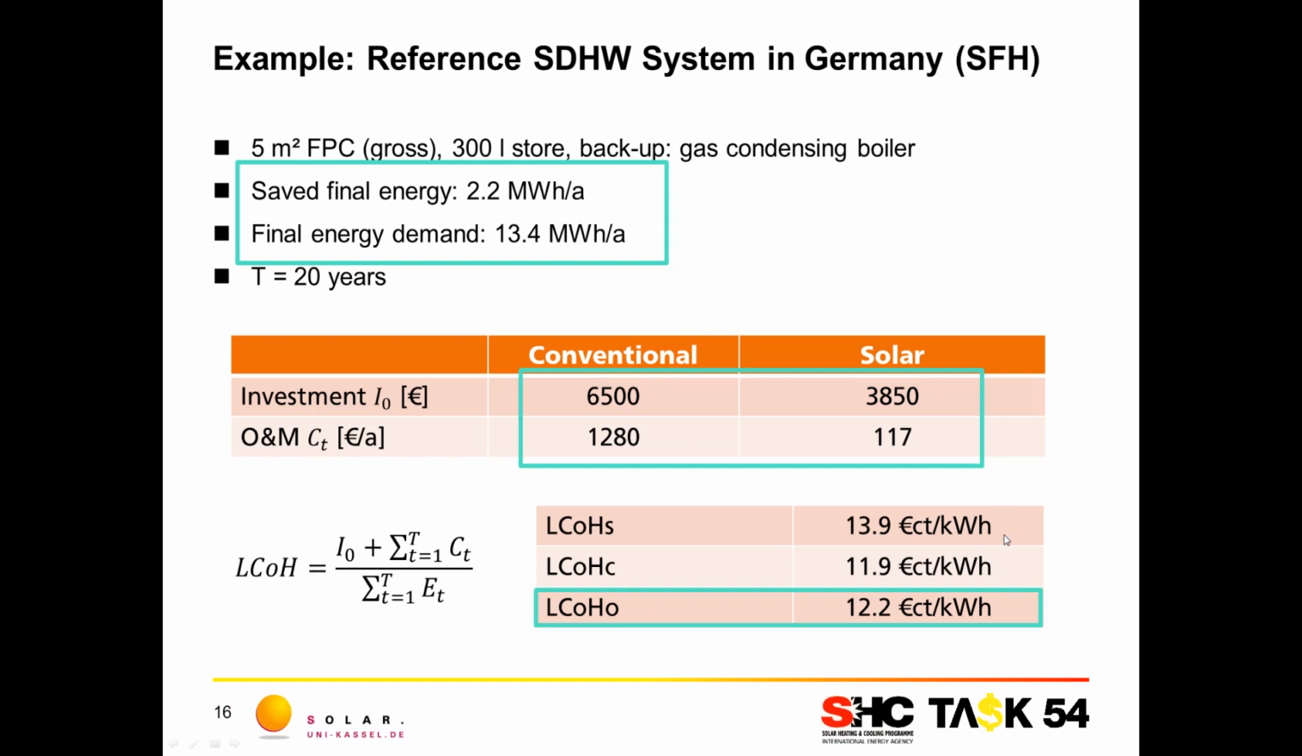So in this example I just showed, we see that the solar part has a bit higher cost compared to the conventional part, and this contributes to a slightly increased cost of the overall system. So this is, as I say, a reference system without any improvement that we considered in the task. So as a short summary,